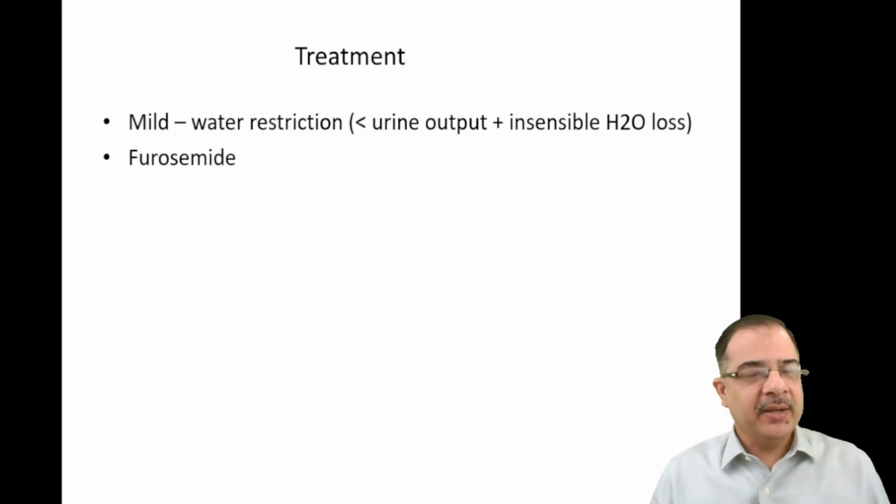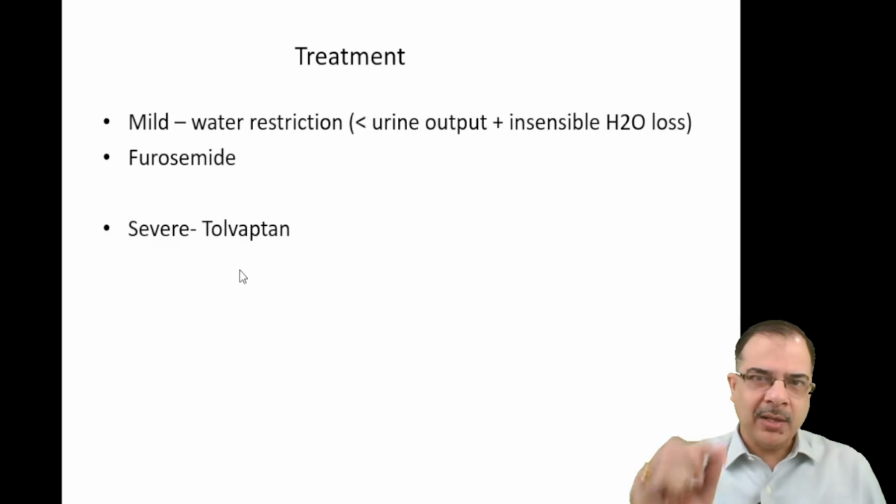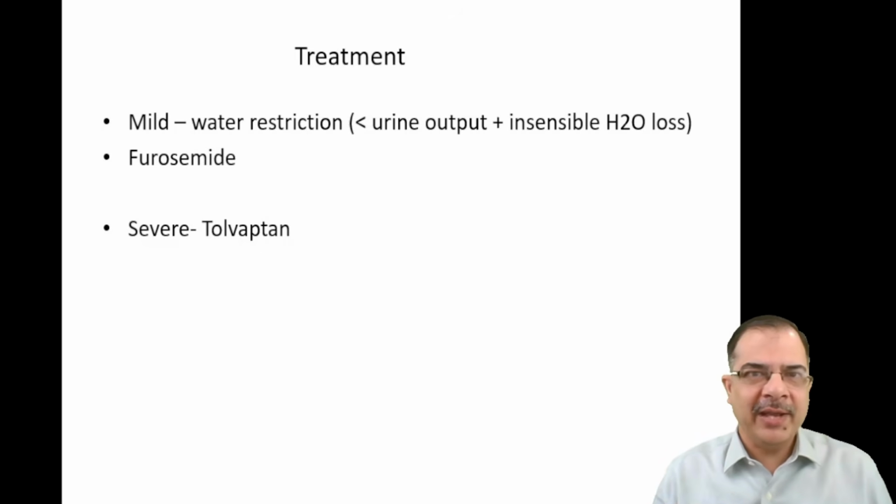We can give furosemide depending on the severity of the pedal edema or crepitations in the lungs. Like 20 to 40 milligrams of furosemide per day can be started. While if it is a severe or refractory case, severe meaning the sodium is low, like 105, 110 millimoles per liter, or sodium is not improving with water restriction and furosemide and is still low. The cutoff for starting tolvaptan in hypervolemic is sodium less than 125 millimoles per liter.